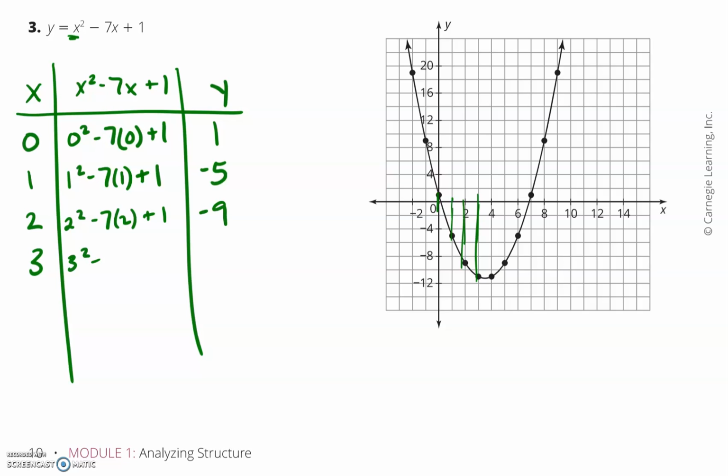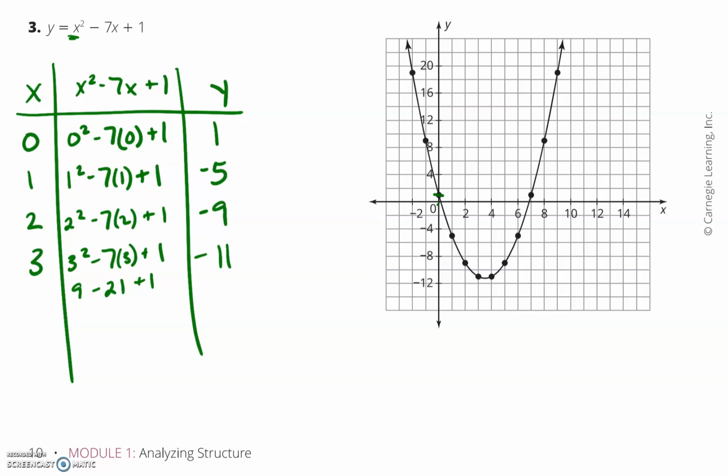And let's check 3. So 3 squared would be 9. 7 times 3 would be 21. Negative 21 plus 1 would be negative 20. 9 minus 20 would be negative 11. So we can see